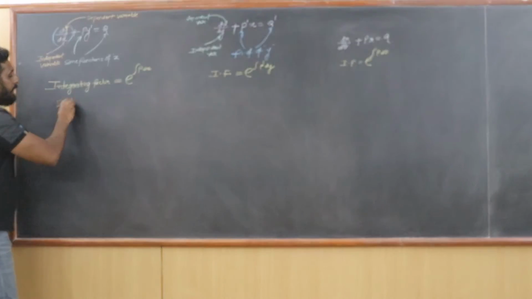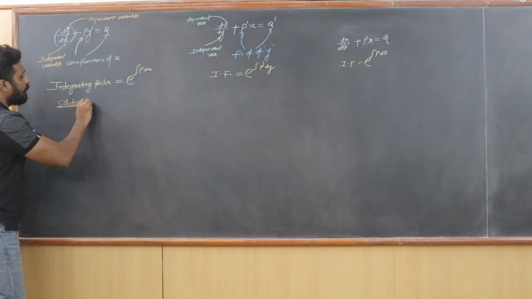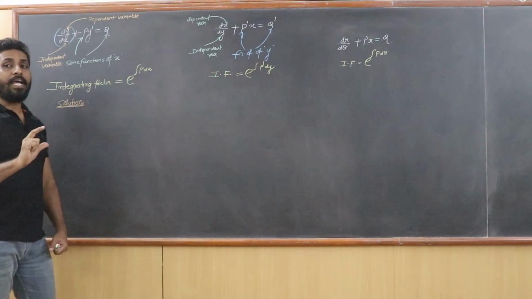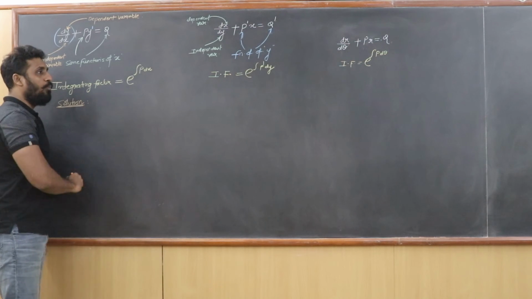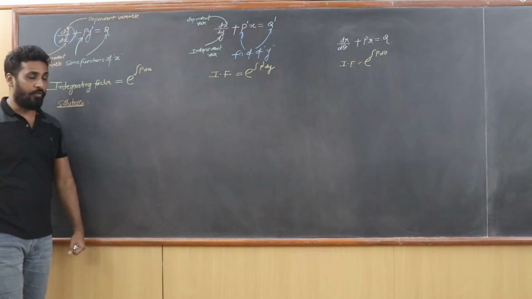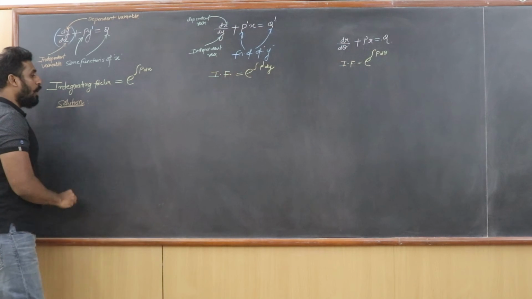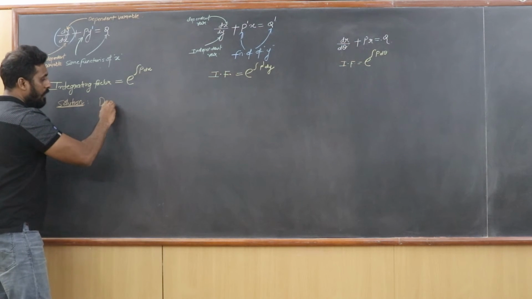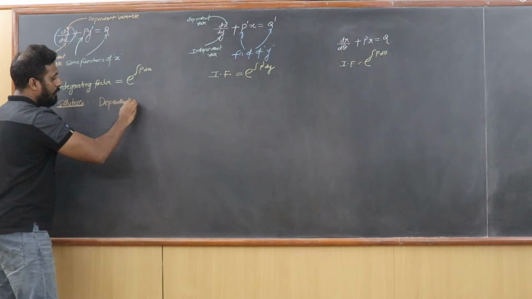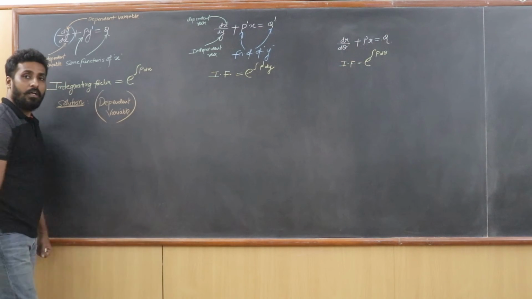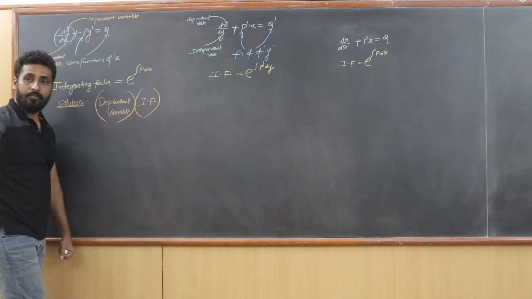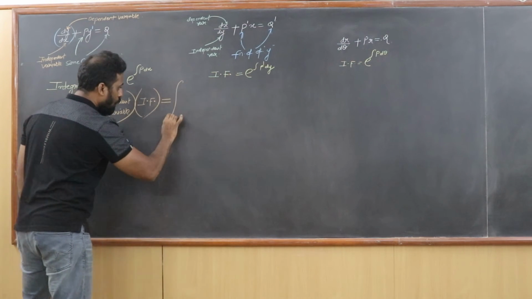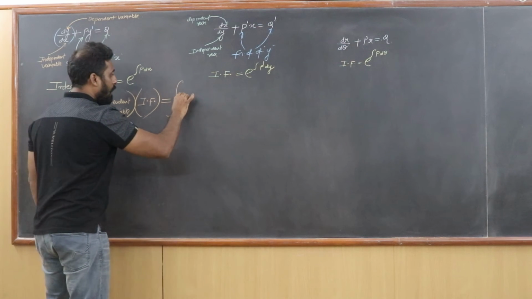Let's now see how to find the solution. Once I get the integrating factor, the next thing I should do is get the solution. Memorize one basic rule, the basic formula to write the solution. I will use the same formula whatever question comes, whatever type I am solving. The formula goes like this. The first thing you should know is that the dependent variable multiplied with the integrating factor is equal to integration of the RHS